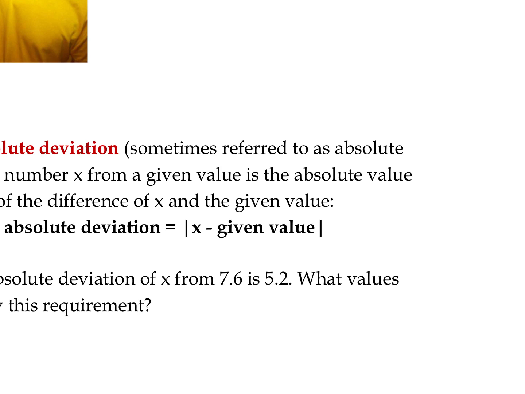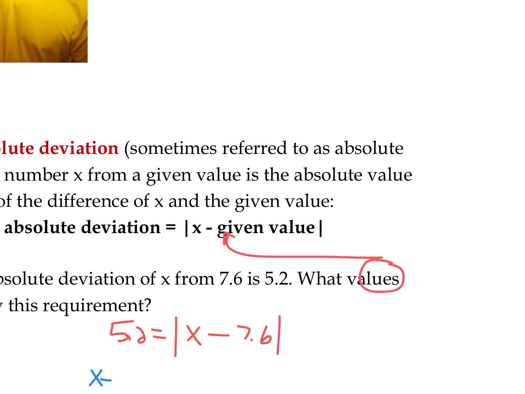That's going to be 5.2 equals the absolute value of x minus 7.6. Right? The absolute deviation is 5.2. We want to find out what values of x would make this true. So now I've got my absolute value expression by itself. I can set up my